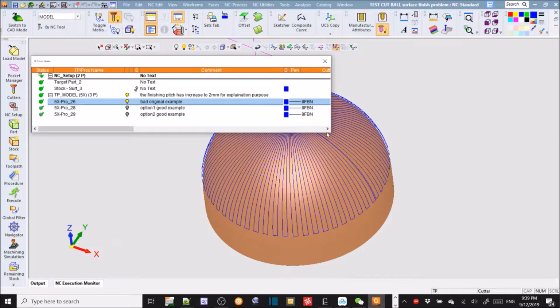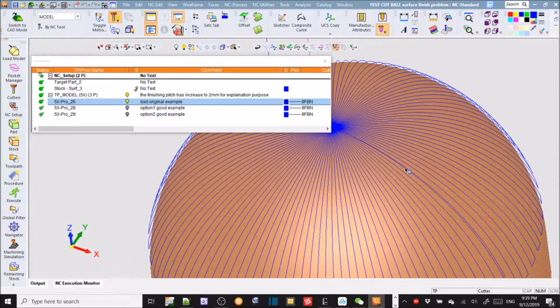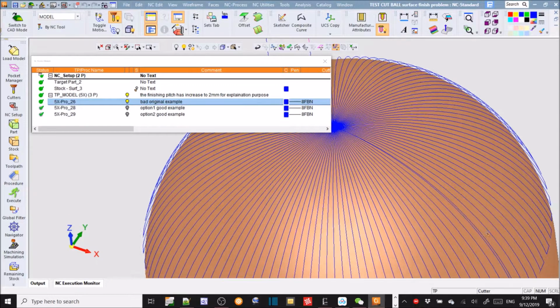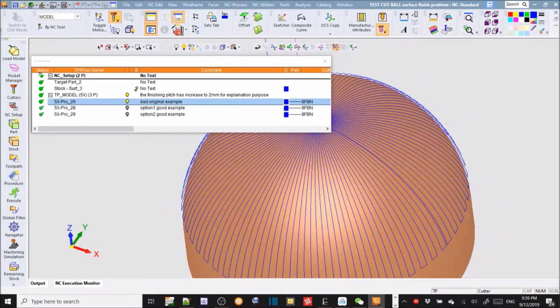And this is not a good thing. This is the place, right? You start and end at almost the same section, this area, and this is not a good thing, because